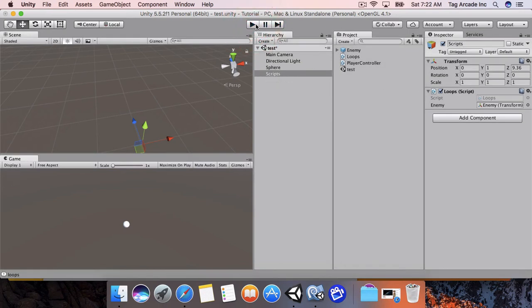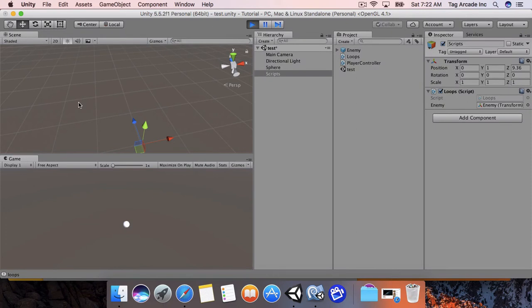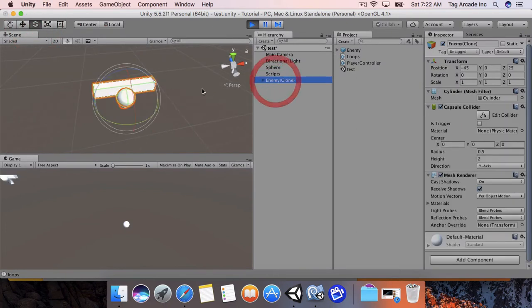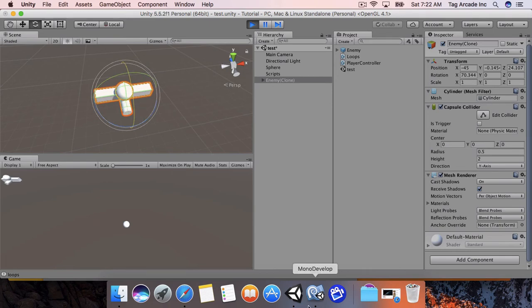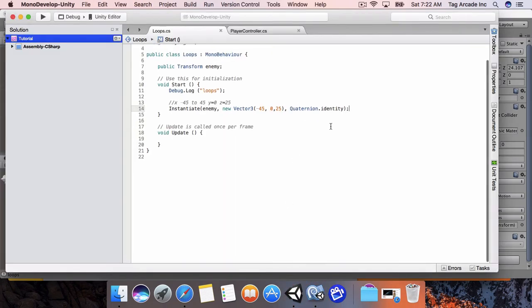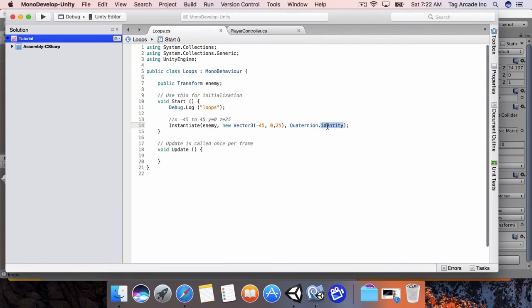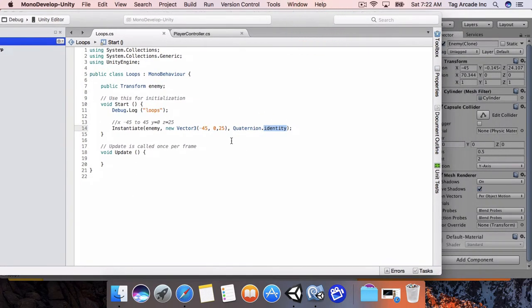Now, actually, let's go ahead and hit play. And where's my enemy? I don't like the rotation of this enemy, so let's angle it a little bit differently. Okay. If you want to change the default identity, instead of saying quaternion.identity, let's move this over, you could say